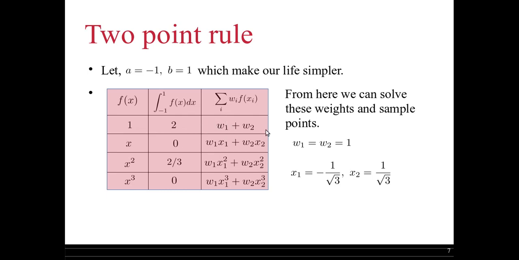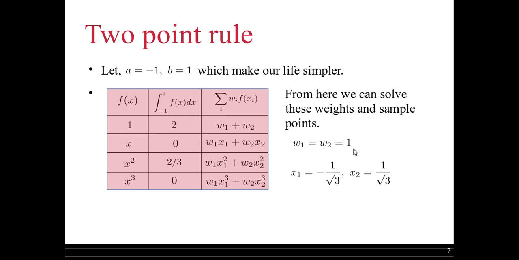See that w1 plus w2 is equal to 2, w1 x1 plus w2 x2 is equal to 0, w1 x1 square plus w2 x2 square is equal to 2 by 3, w1 x1 cube plus w2 x2 cube is equal to 0. So you can form 4 equations, and now with these 4 equations you can solve x1, x2, w1, w2. So these 4 unknowns you can solve, and from here you can easily solve them,